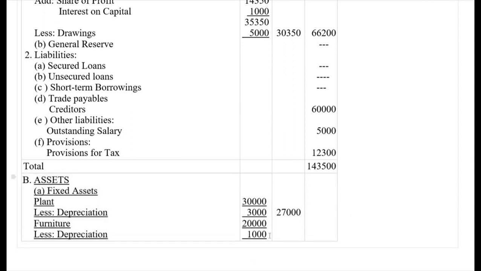So here the balance of furniture will be rupees 19,000. So we should take the sum, the total fixed assets will be 46,000. Then the next one B,